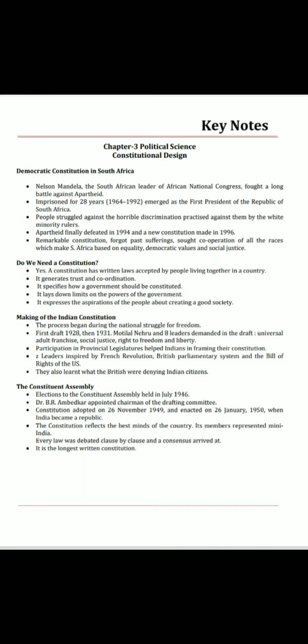Why? Because he was the president of the constitutional committee. सो यहाँ पर हमारा जो स्ट्रगल फॉर फ्रीडम था, we have started the process of making the constitution that time only. देन उसके बाद 1921 में ड्राफ्ट तैयार किया गया, और 1931 में मोतीलाल नेहरू and 8 other leaders they demanded in the draft. उन्होंने ड्राफ्ट में कुछ सर्टेन राइट्स को डिमांड किया, जैसे यूनिवर्सल एडल्ट फ्रेंचाइजी, सोशल जस्टिस, राइट